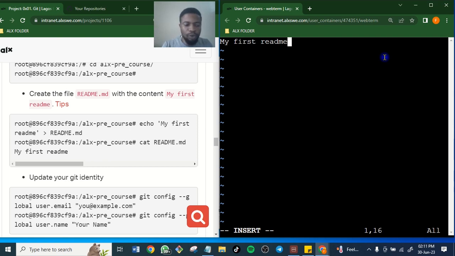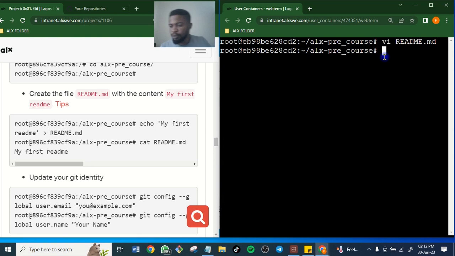Okay, so let's go out. Just click on your escape button. Escape. You're out. Then shift semicolon WQ. You're out. So let's check whether the readme document is there. Let's check whether we already have the readme file here.